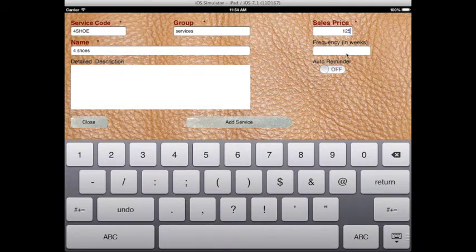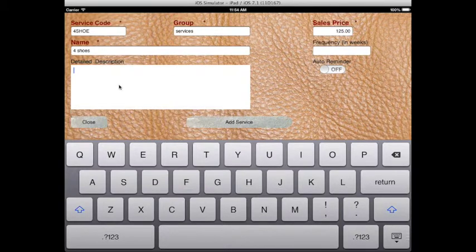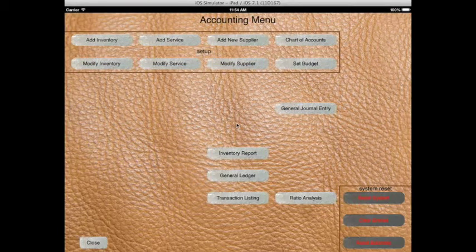You can also add the frequency in weeks that you will perform this service, as well as an auto reminder that will let you know when the service is due again for the client, as well as a detailed description. The detailed description is optional. Once you have filled out the form, click Add Service to add this to EDS. You will then be taken back to the accounting menu screen. If you wish to modify this service in the future,